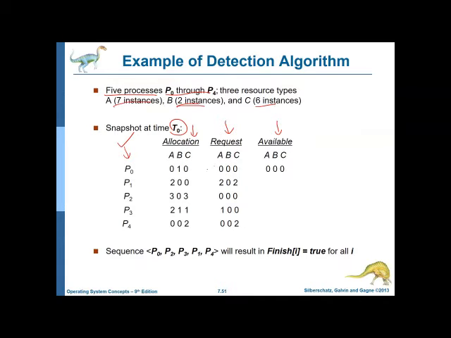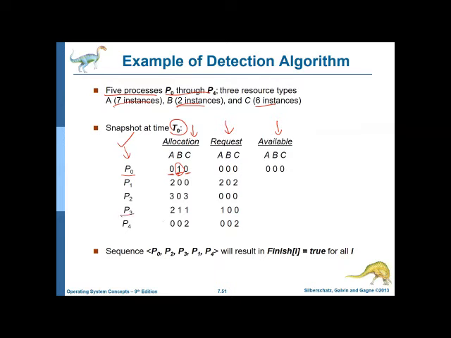You can see in this allocation table, what does it contain? Suppose you take P0 as a process, then A contains 0 instances, B contains 1 instance, and C contains 0 instances. What does that indicate? That means no resources of A have been allocated, and it does not require anything. Maybe it did not require anything in the earlier stage. C is also not allocated, but 1 instance of B has been allocated.